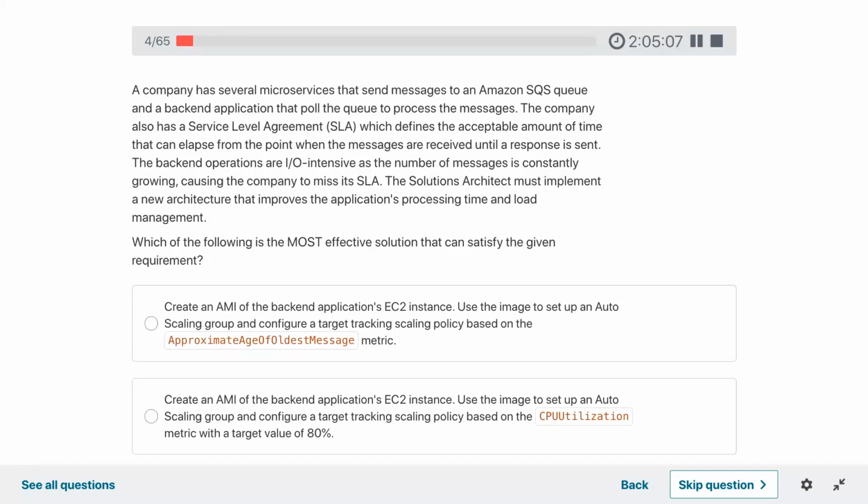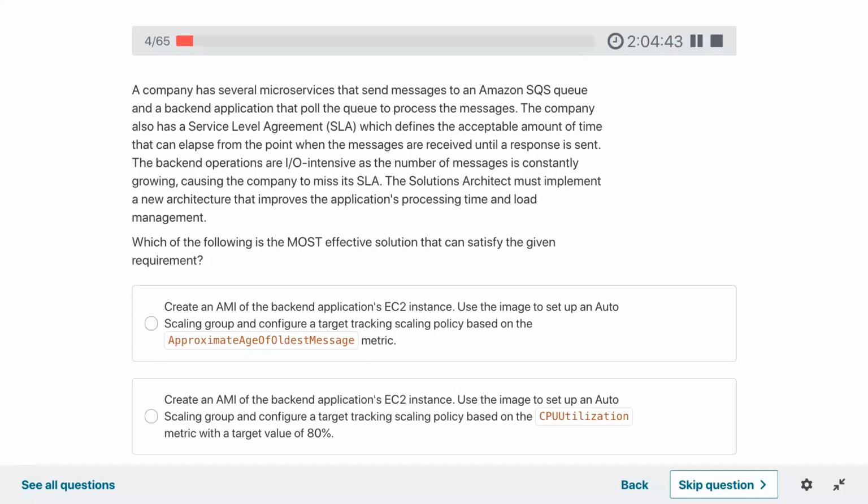The backend operations are IO intensive, and as the number of messages is constantly growing, the company is missing the SLA. The solutions architect must implement a new architecture that improves the application's processing time and load management. Which of the following is the most effective solution that can satisfy the requirement?